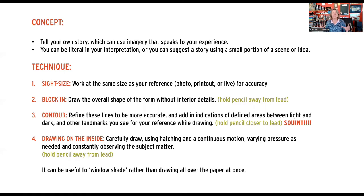We don't have to actually draw a farm. We can just draw that part of a boot on a tractor pedal, and that tells a story of a farm as well. So sometimes when you're thinking of a subject matter and it overwhelms you, that you want to draw something like your home or this, that, and the other, and it's just too much, how are you going